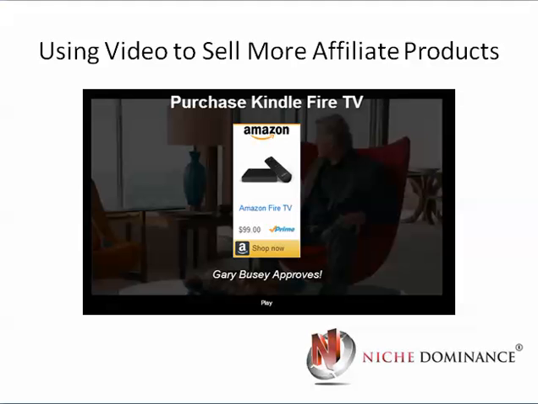Here you can see it, we were selling a Kindle Fire TV, and Gary Busey, who's an actor, we took the actual video off of YouTube and we linked it into Clips, and then we added the call to action. So once he did his commercial, at the end, it's actually through the API connected right to Amazon. So here, they can click on it and actually go to the buy page on Amazon right through the video, and actually you can make sales. So rather than jumping them through a whole sales funnel, if they're interested, they're going to buy right there. You've already captured their email, so you're good to go.